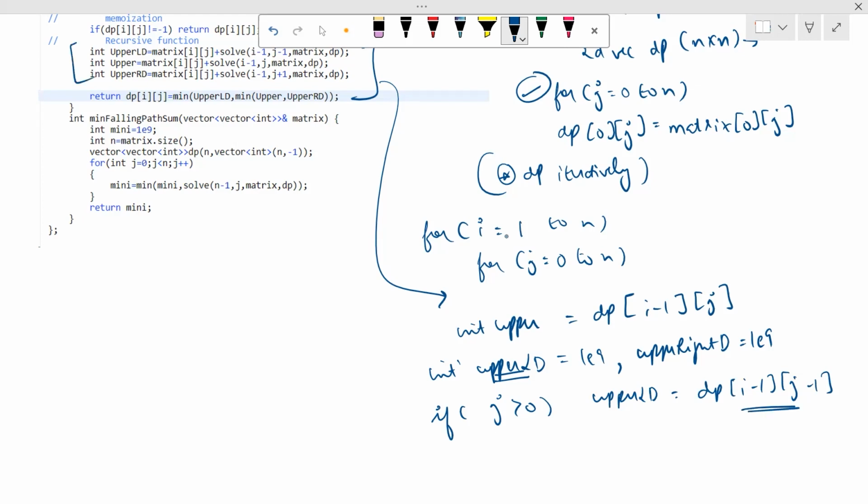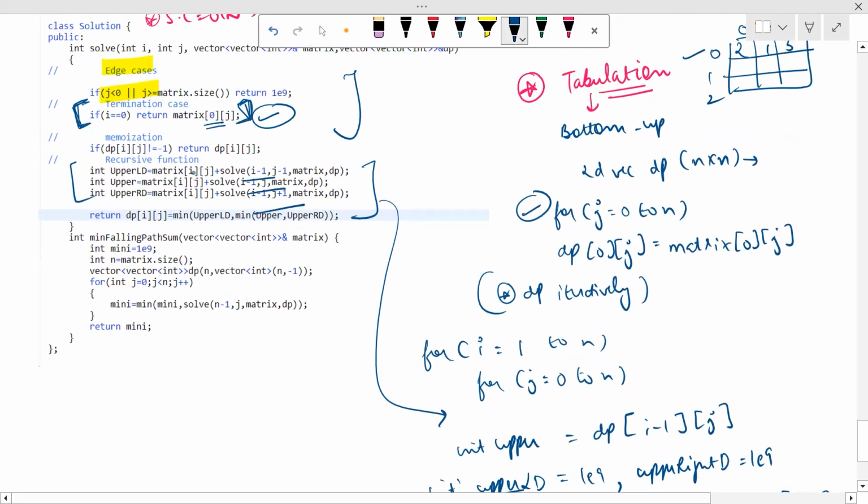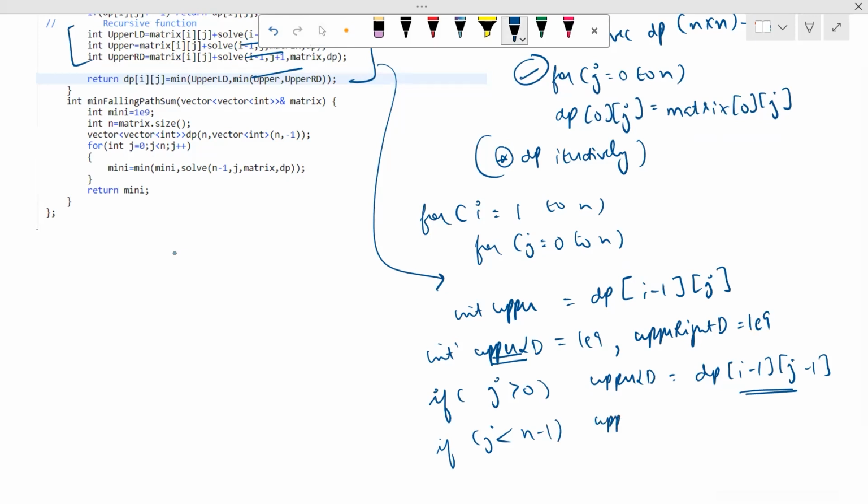Guys, it is right here. Look at these solve functions here. I'm just copy pasting the code into a different approach. That means first we had a top down approach, and now we're working with a bottom up approach, right? So now for the case of upper right, I'll say if j is less than n minus 1,